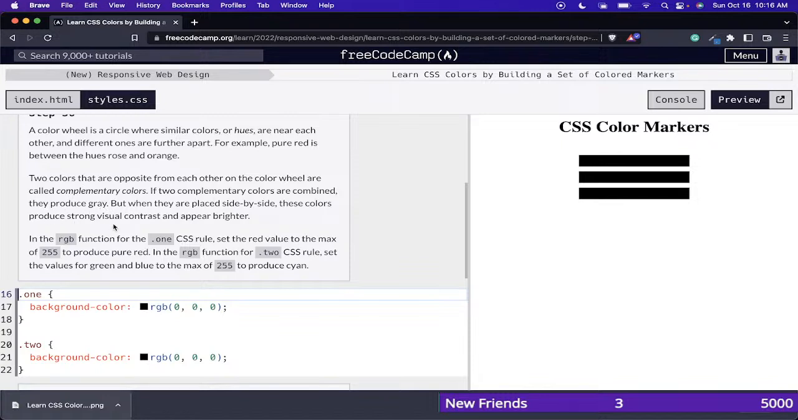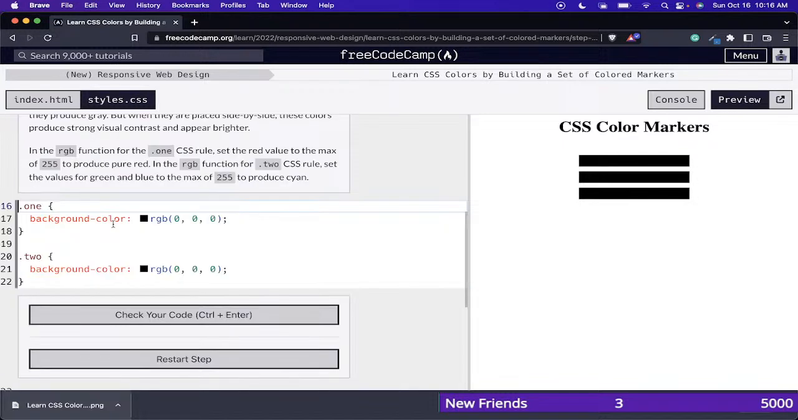Brighter. In the RGB function, for the .1 CSS rule, set the red value to max of 255 to produce pure red in the RGB function. For the .2 CSS rule, set the value to green and blue to the max of 255 to produce cyan. Okay, so again,